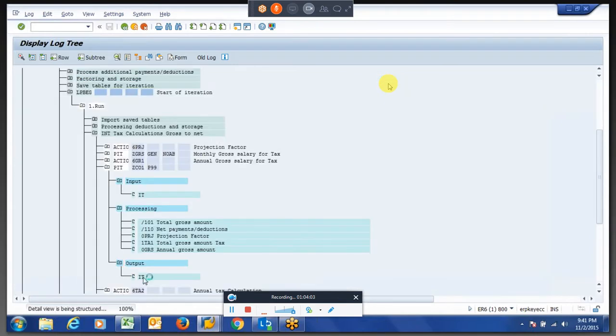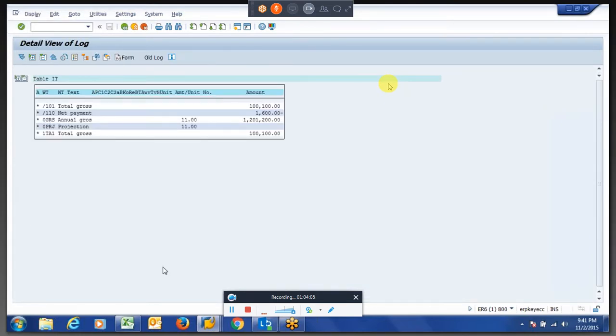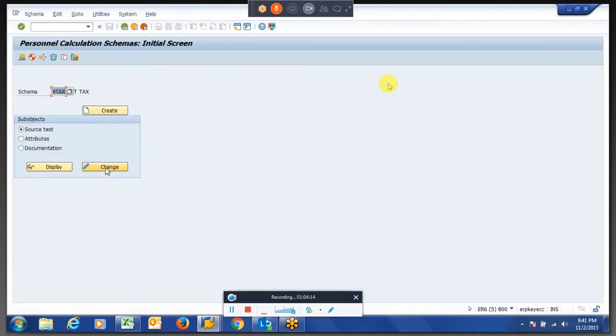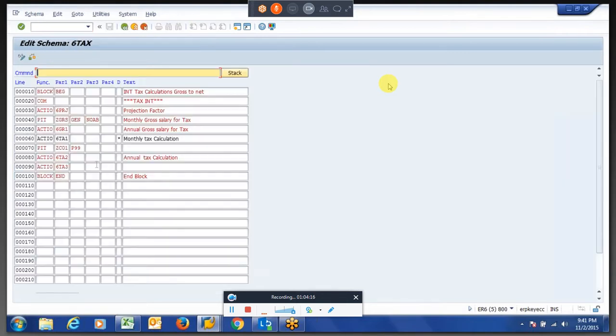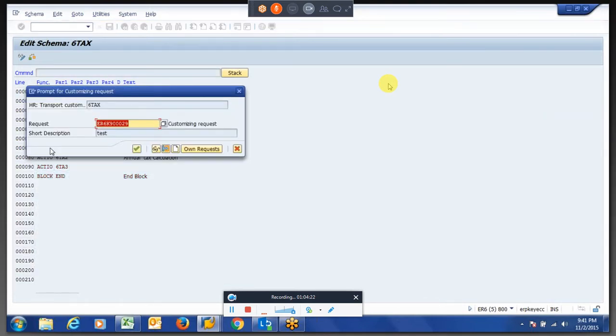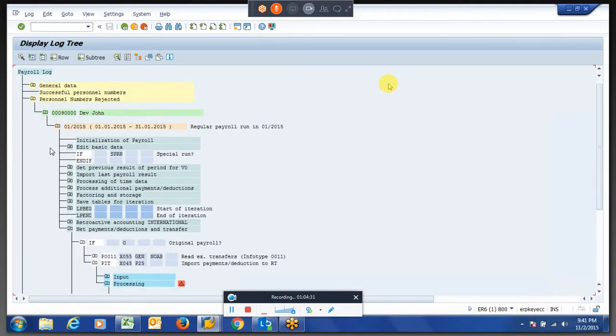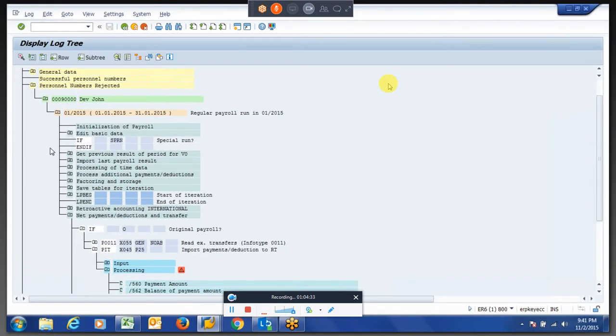Let us try if we change the function now to PRT, what it will do. I think definitely we should change the, okay.